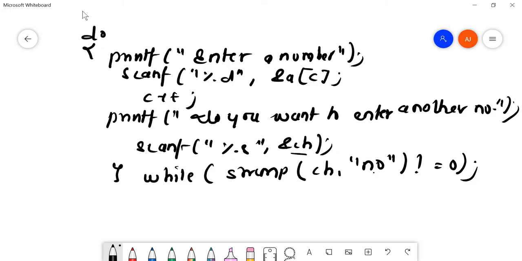So in this way, till the user enters no, we are going to read the values, and the moment the user enters yes, it will return a false value and exit from this loop. Fine. So this is the portion for our condition, that is, till the user asks to enter the number. So I'll clear this.